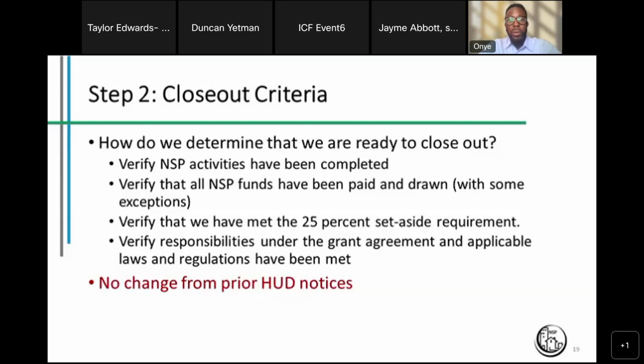The third thing that we want to be thinking about is your 25% set aside requirements. You guys should be well aware of that. But again, this is just making sure that you've expended all the funds to house individuals or families whose incomes did not exceed the 50% area median income. So again, making sure that through your data that's been collected, that we've met this requirement and we can document